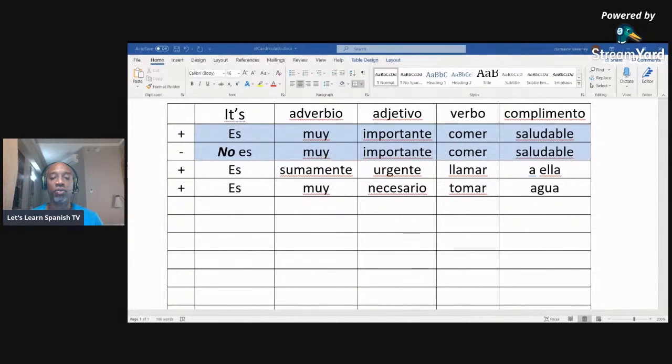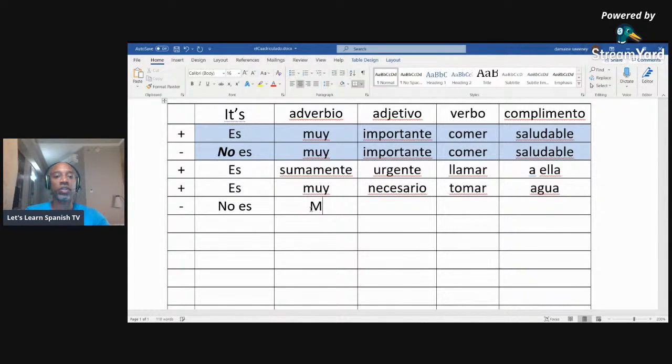Okay. So, moving right along. This time we'll do the negative. Make it easy. Some people may have a difference of opinion, so we'll just change that last one to a negative. That's very easy. We just add no in front of it, right? No es